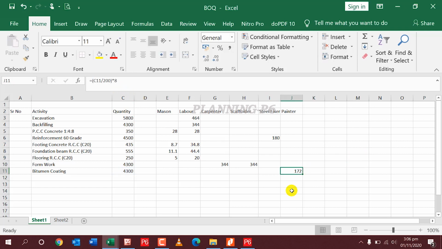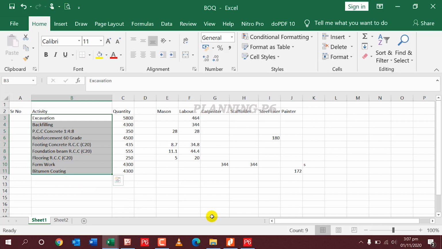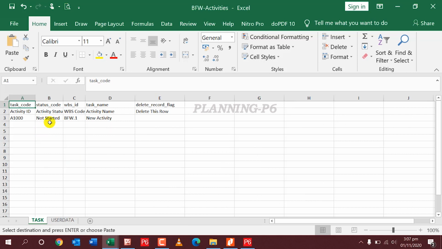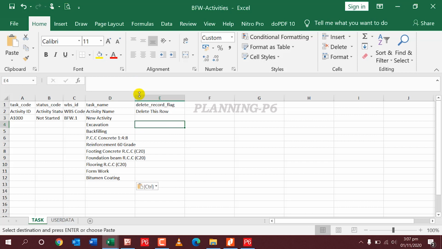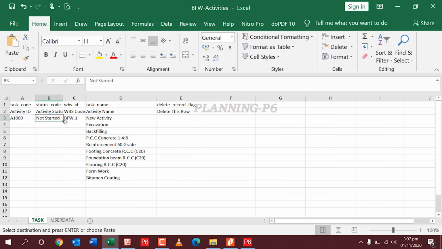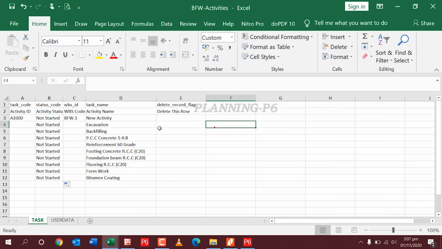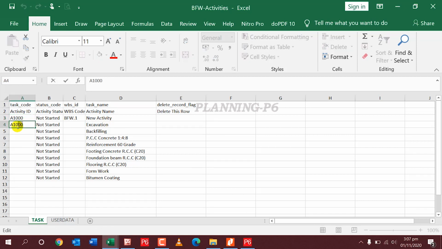So calculation is in hours, so I will just copy from here this one, and I will go in the next sheet here, and I will just paste here, and I will drag this one, only 10 incremental, so here is 1090.